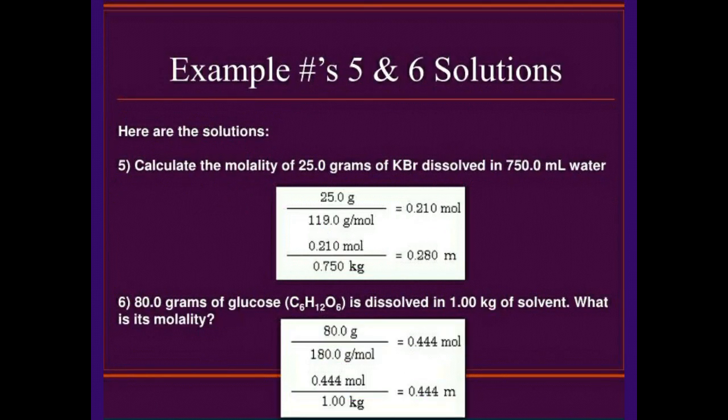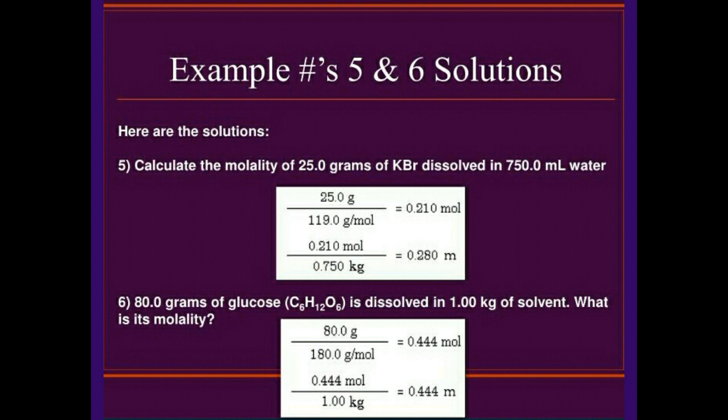In the first question they have given us 25 grams of potassium bromide. So we will calculate the moles of potassium bromide. The molar mass of potassium bromide is 119. Don't worry, the molar masses will be given to you in the question. So you can divide 25 by 119. So 0.210 is the number of moles. Now we have to divide by the mass of solvent. The mass of solvent is not given to us. The volume of water, that means the volume of solvent, is given to us, that too in milliliters. So first we will convert into liters. So 750 milliliter is equivalent to